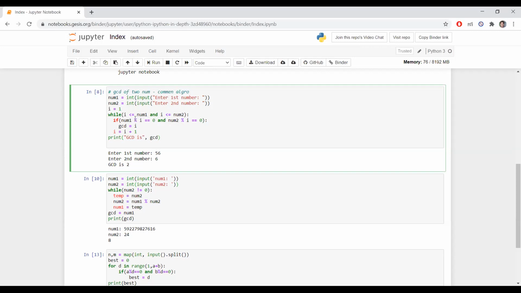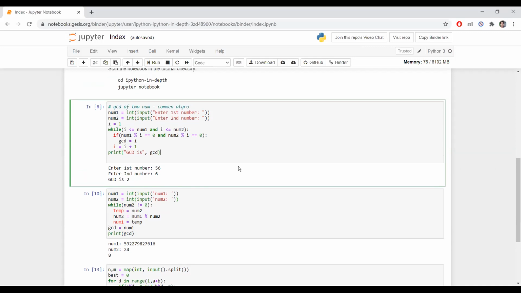So we should not consider integers other than 1. If 1 is dividing all the numbers, that means it's co-prime. It should be dividing by an even or odd number other than prime numbers. So GCD is from 1, it checks for 2 and then 3 and then 4, like that. And it returns that GCD is 2.